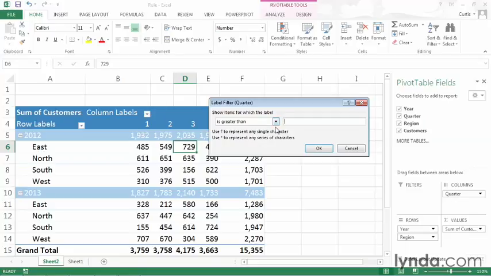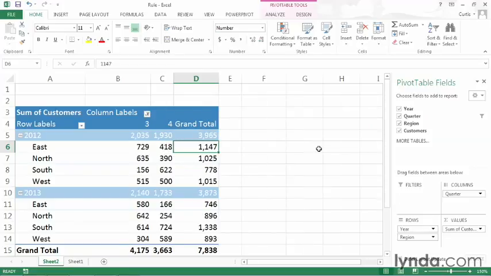And now I can define the value that I want to use for the comparison. In this case, I want to show values for all quarters that are greater than 2. So I'll type 2 and click OK. Doing so applies the filter to the body of the pivot table, and now I only see results for quarters